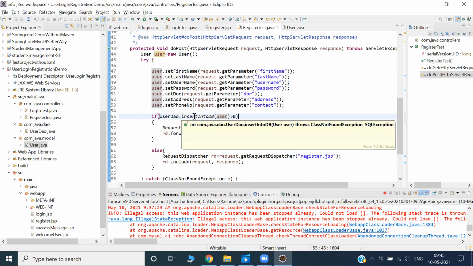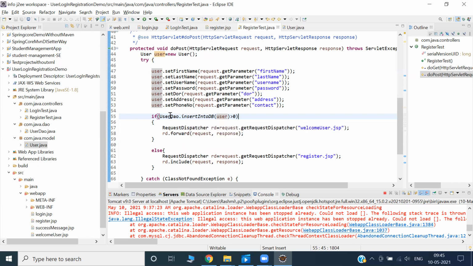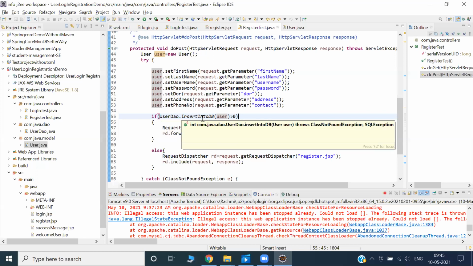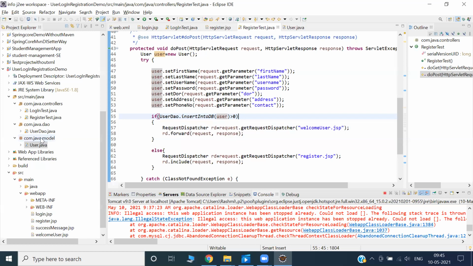If you want to know exactly whether it is a class name or a method present in a class, let me tell you what I have done. I have created a userDAO class. Inside a class, we can have a constructor, method, and data types. I have defined one method, insertIntoDB. You can come here and see it. I have created this class in a different package.